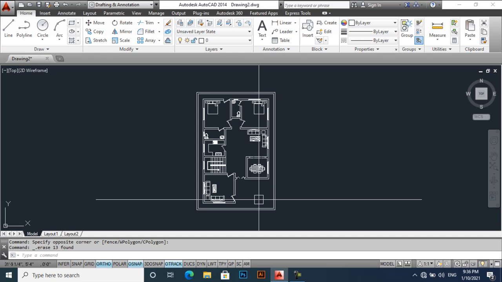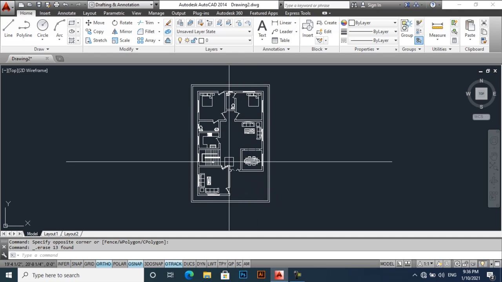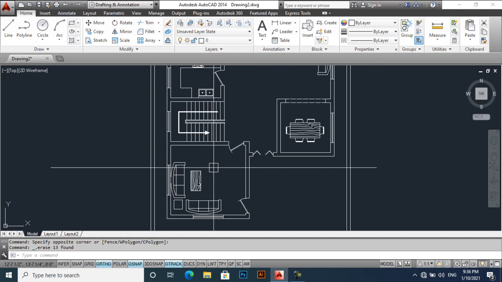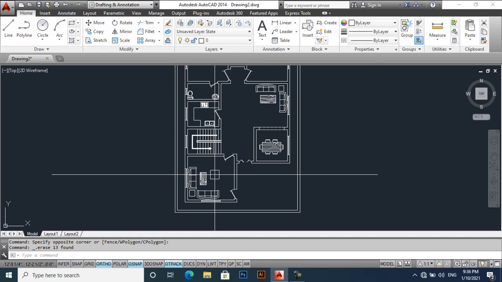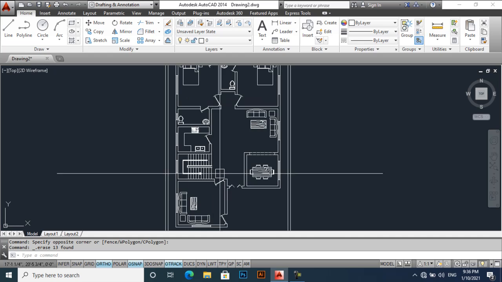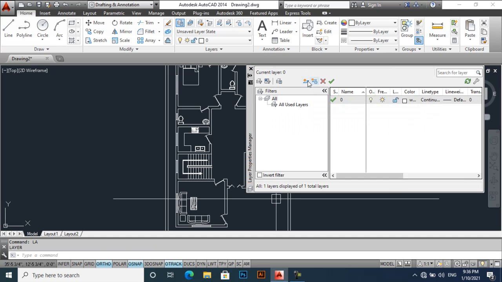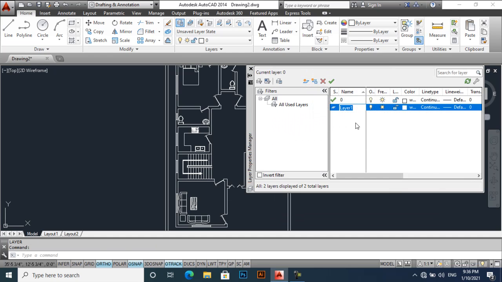Now let's create layers and dimensions for my drawing, and in the last we will create text for better understanding of our drawing. So LA for layers, create a new one, and for every element you have to create a new layer. For example, walls,